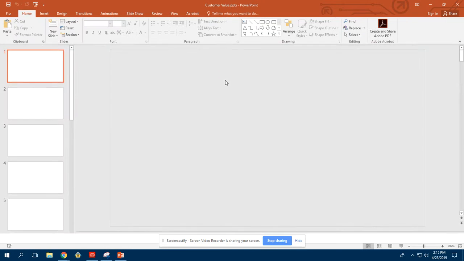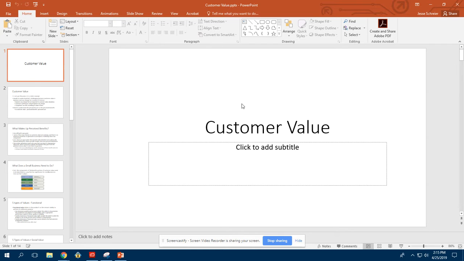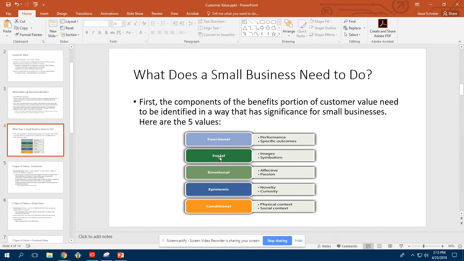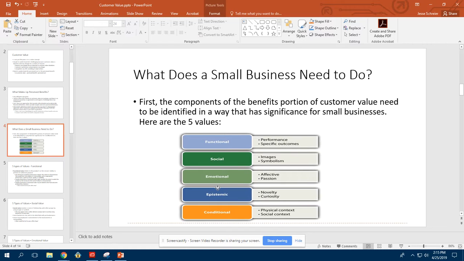Basically, text is always accessible. So customer value, that's accessible to all students, even students who don't see well. This is an image, right? So it's not